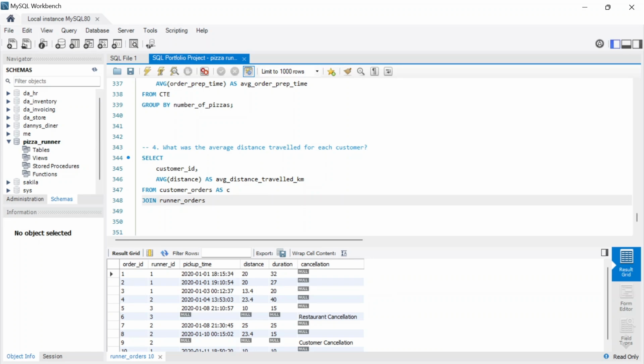So runner orders, and this one as R. So I want to join on the C dot order ID should be equal to R dot order ID, and then